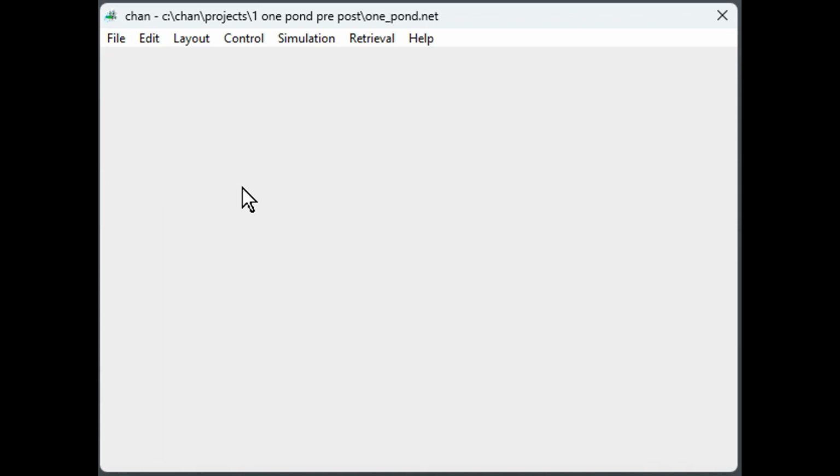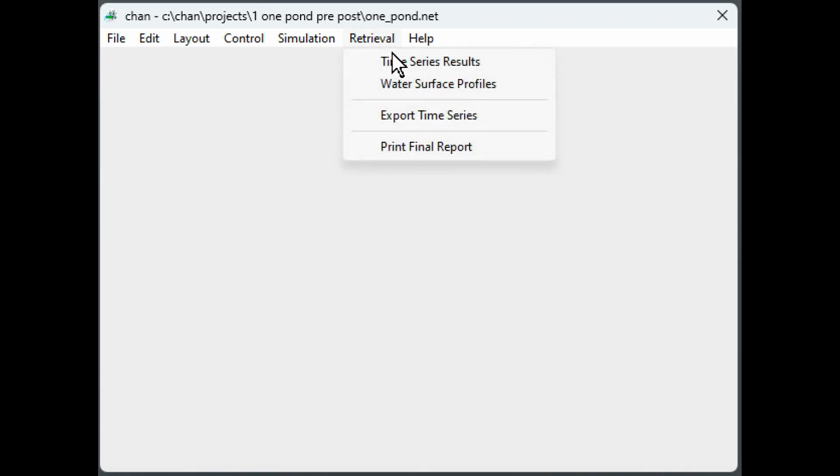Picking up where we left off, with the sample project opened and simulations completed, move your mouse to the main menu, click on the Retrieval command, and look at the drop-down list. You have options to retrieve time series results and water surface profiles, export time series data, and print run summary reports. In this tutorial, we are going to take a bite-sized look at the Retrieval system, focusing on time series